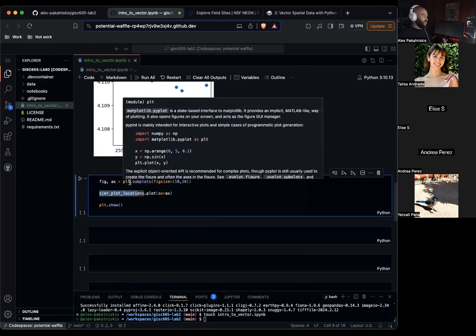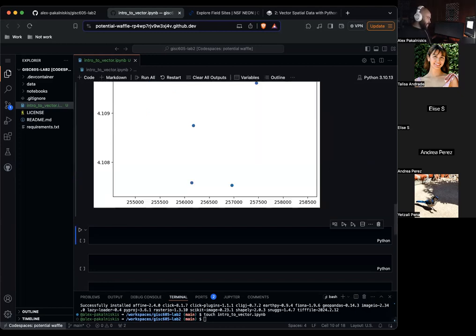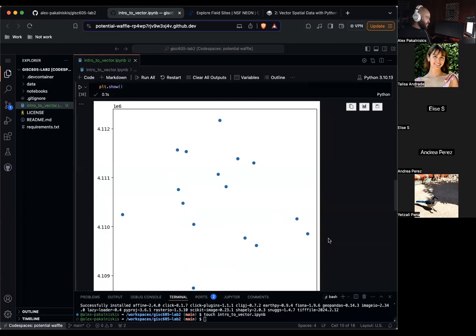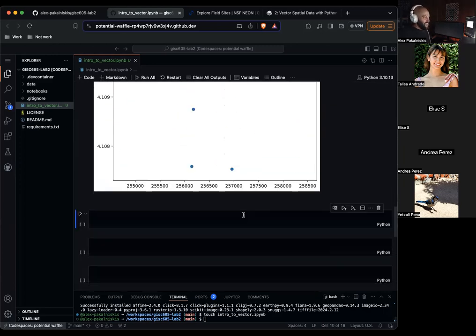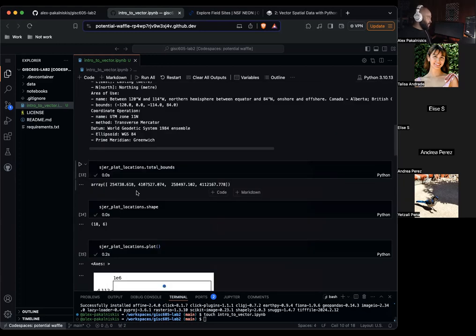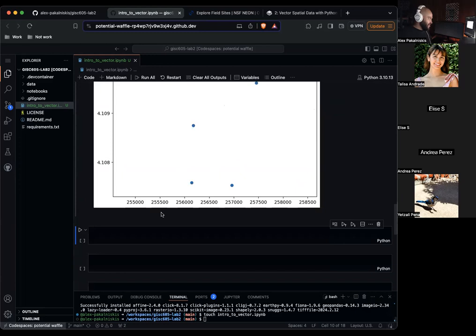This gives us fine-grained control of how to display things. In this example, it's going to look pretty identical to the one we just did using just plot, but PyPlot gives us a lot more fine-grained control over colors, shape, how to render things nicely. You can see these look pretty similar, but we're able to change the size a little more easily. And so you can get pretty fancy pretty quick.